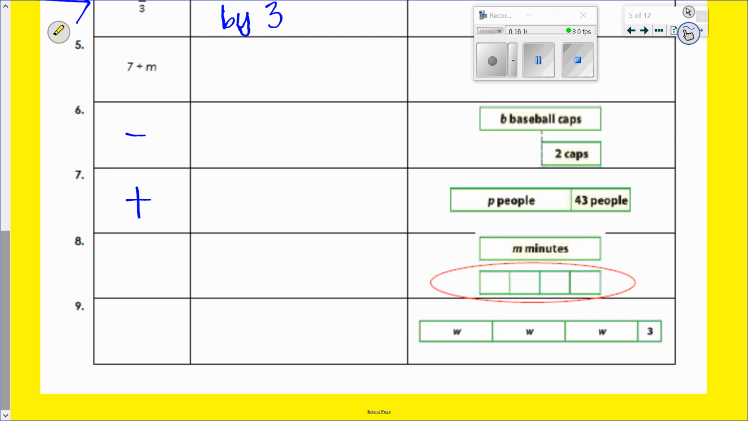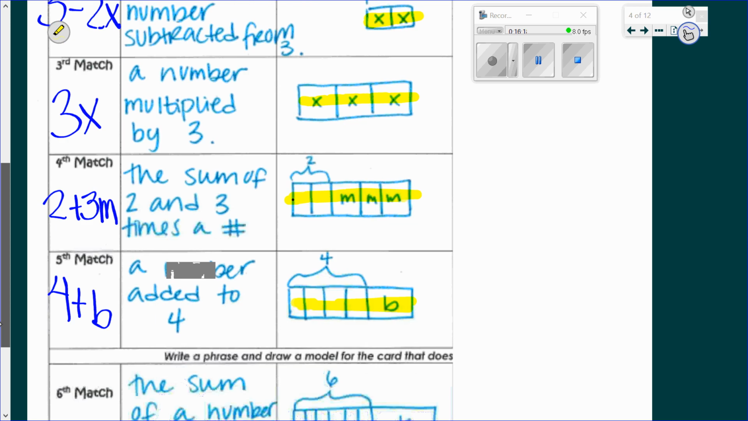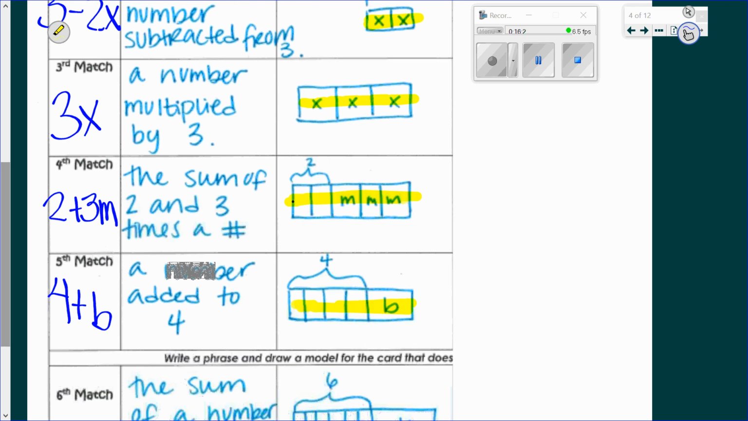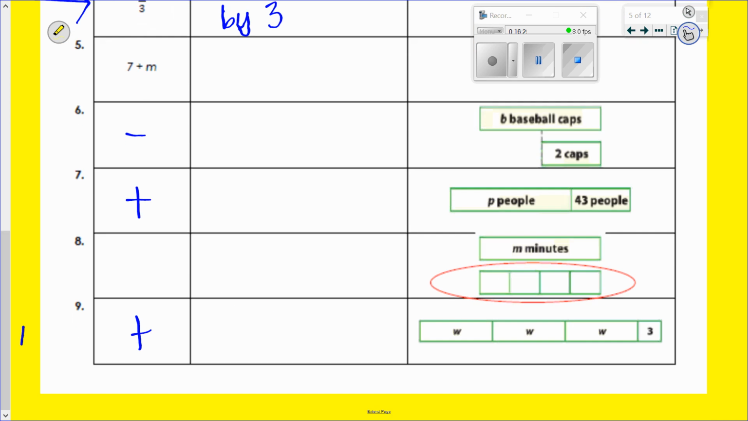So we have a whole being made up of 2 different parts. It looks an awful lot like your 4th example. Okay, so if you want some help, maybe make a little note. Number 9 looks like your 4th match on the front. So you have a variable and